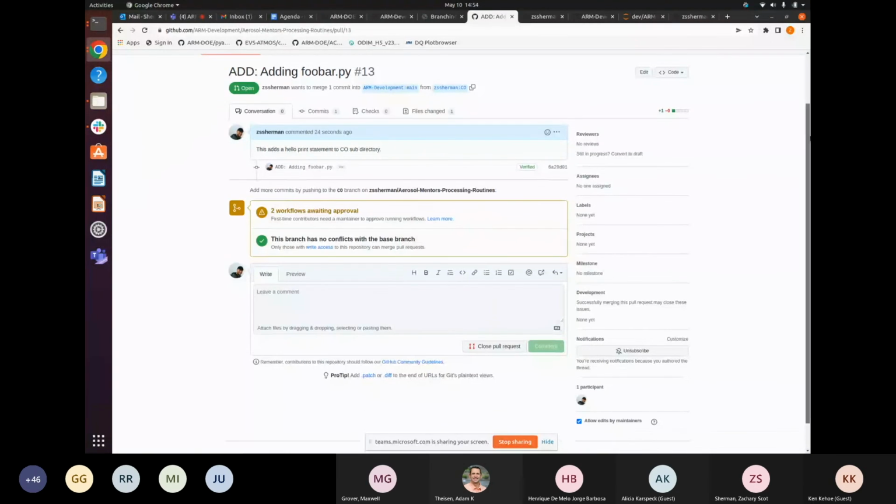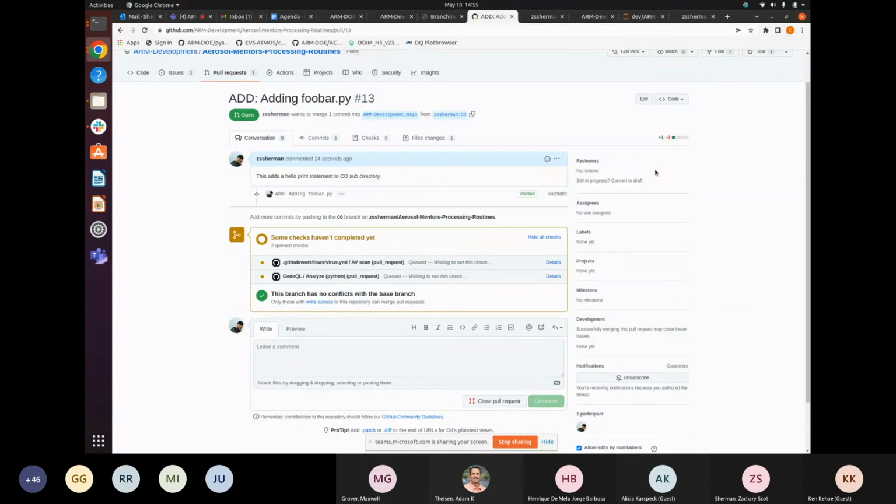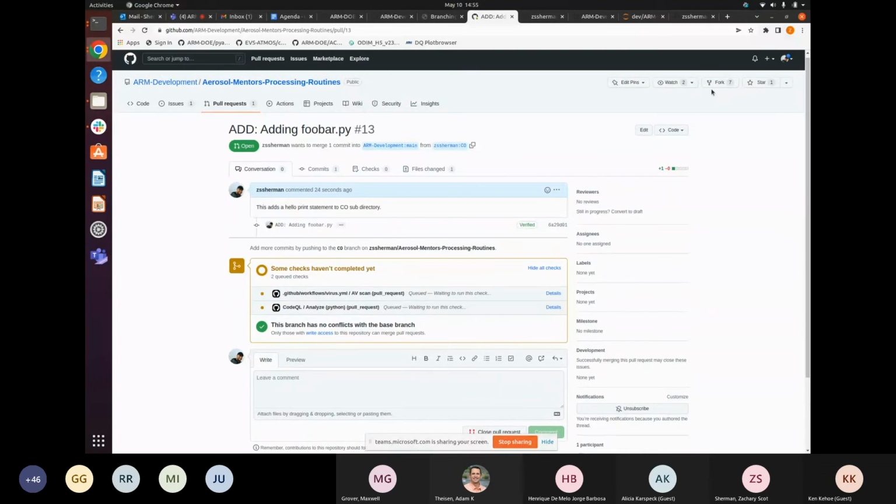So that's essentially how to open a pull request. They would then review it, and once they accept this pull request, your commit is now in the main repository. And what you then want to do is go back to your fork and then,